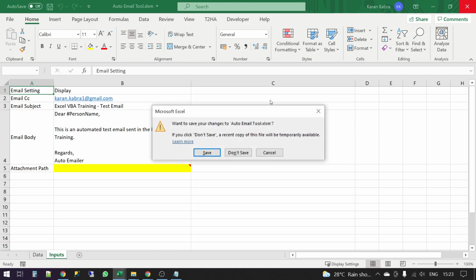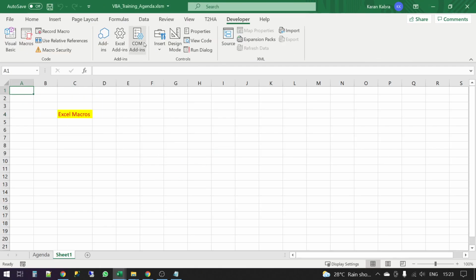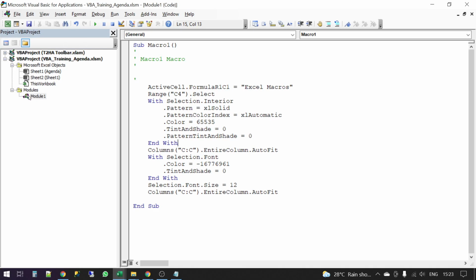Now let's try to understand the Visual Basic editor, this editor that you just saw. You can see that what we recorded automatically came in the form of a module. One more thing I'd like to tell you before I proceed. There are a lot of advanced things which I'm not going to talk about at all. I don't want you to get confused. What I'm going to talk about is something that any beginner needs to know. If you know this much, you'll be able to write basic code. If you want to learn advanced stuff, obviously there are other resources and so on.